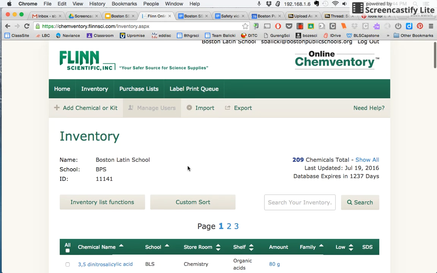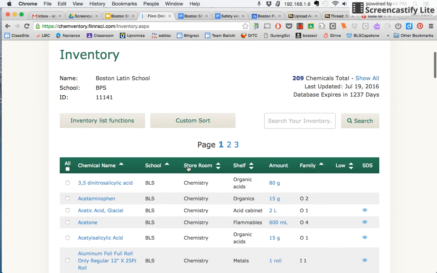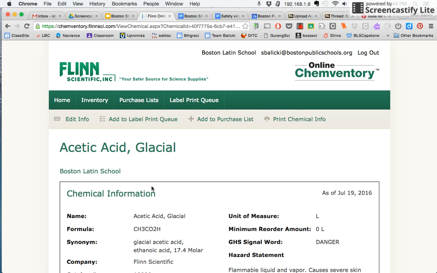Now, one may also need to edit the inventory. Okay, so for example, let's say that I've just completed the ester synthesis experiment with my Chemistry 1 students, in which we have synthesized esters using carboxylic acids and alcohols. So my supply of glacial acetic acid has been depleted. I can select glacial acetic acid